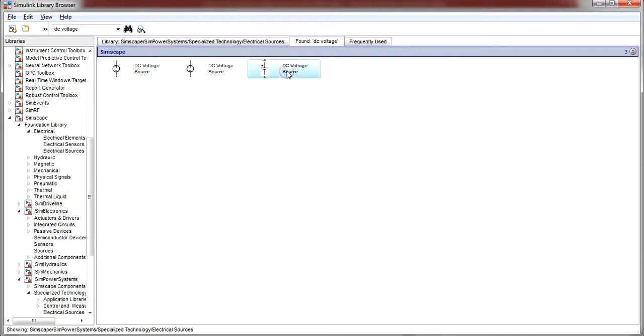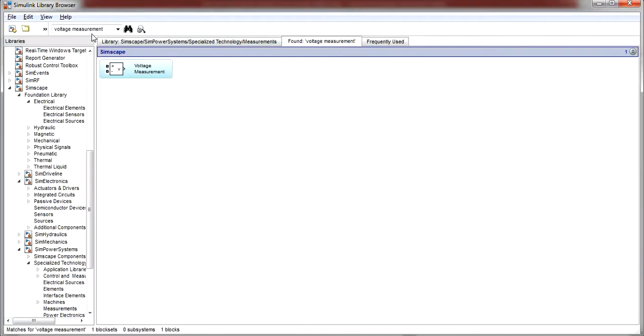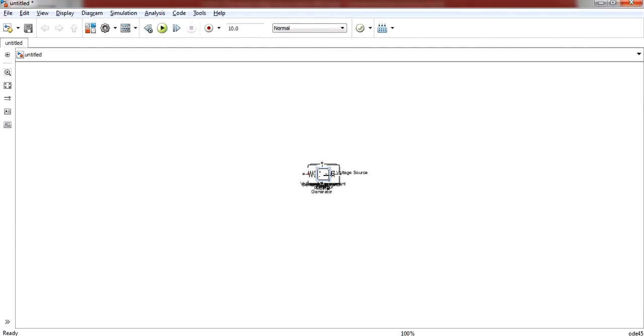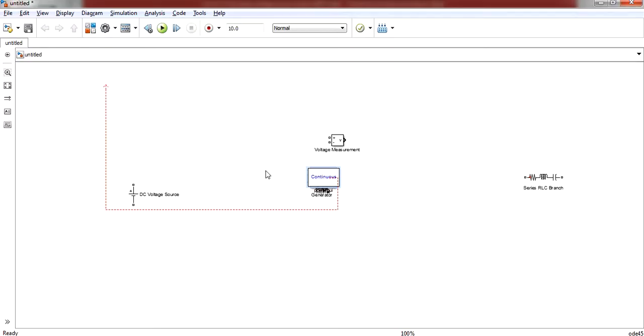This is your DC voltage source, let us add it too. And to observe the waveforms we need a voltage measurement block, so let us add that too. In this way we have taken all the components. Now if you need a duplicate of any of them, you can always copy and paste it.